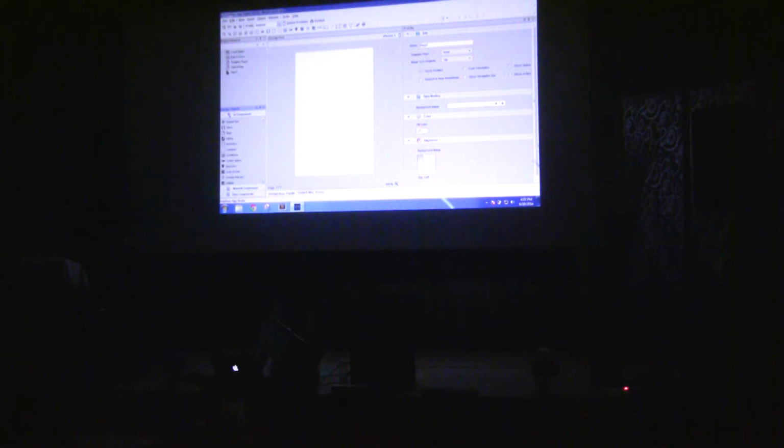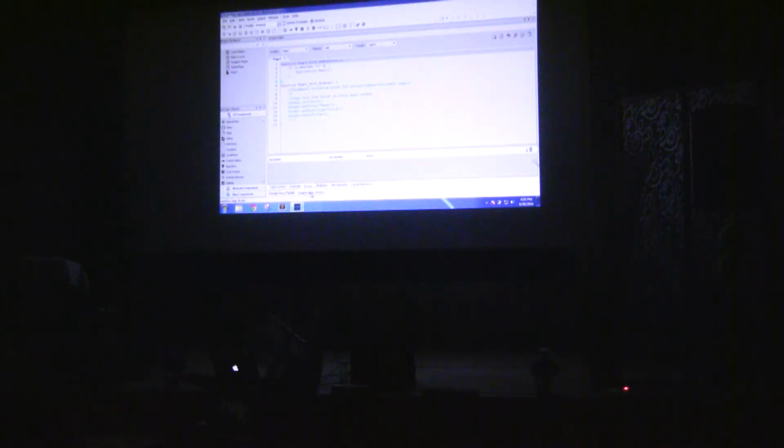Cool. Here are the UI components, which are 80 or 90% all the native components inside. Network components and data components are under that. Here is a huge design area, which is a what-you-see-is-what-you-get design editor. What I mean is, when you design your app here, 99% it will work on all the Android and iOS devices like how you designed it. Perfect match. We'll see it. And here's a palette area where you make some makeup for your app's design. And here's a script editor which is a 100% JavaScript code editor.